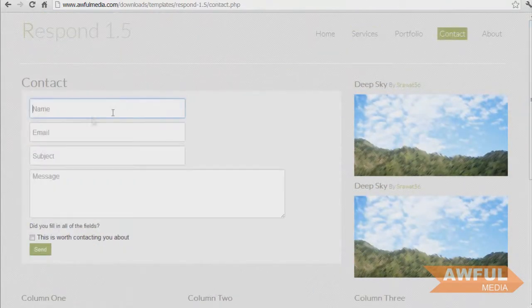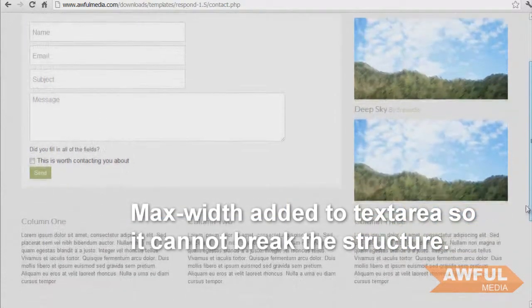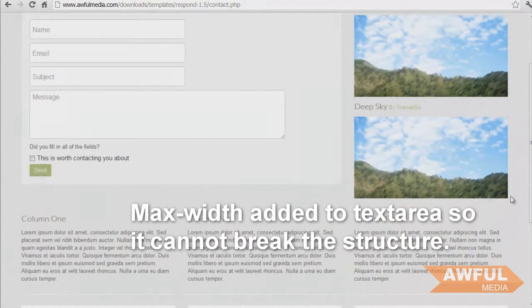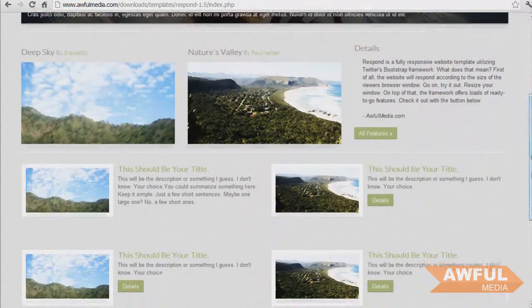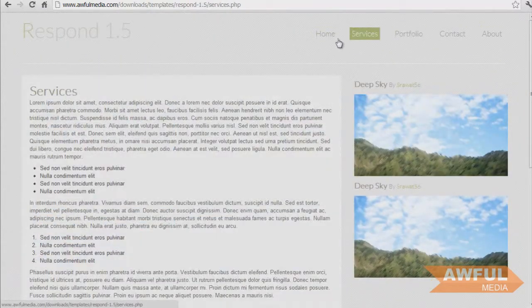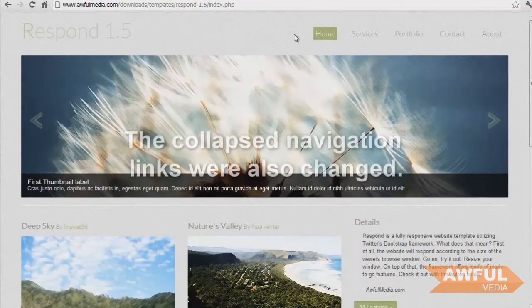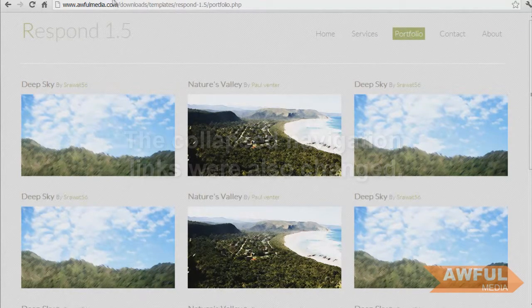But on the contact page, I did update the contact forms to be a little more appealing. And obviously the button changed as well to go along with these buttons. Pretty much it, I do believe. Little things here and there you'll probably find. But yeah, it was a simple thing I wanted to do, and I did it, and I like the result. So if we go to AwfulMedia.com,